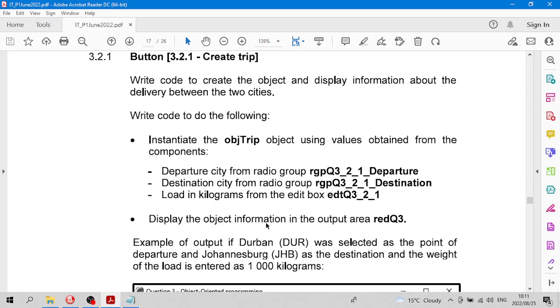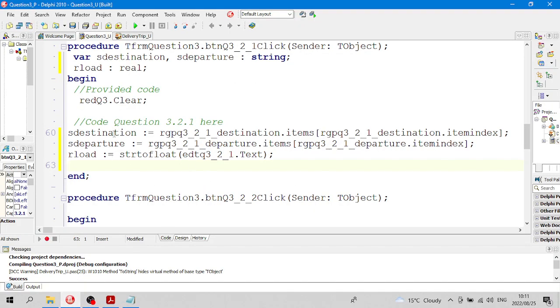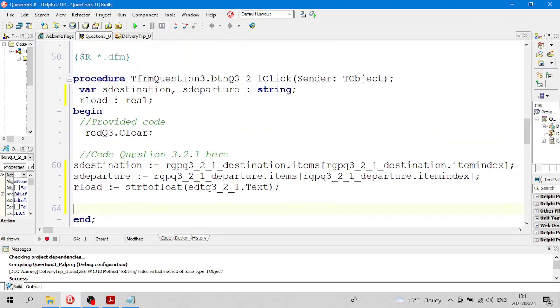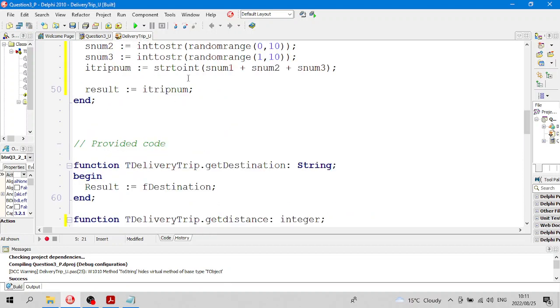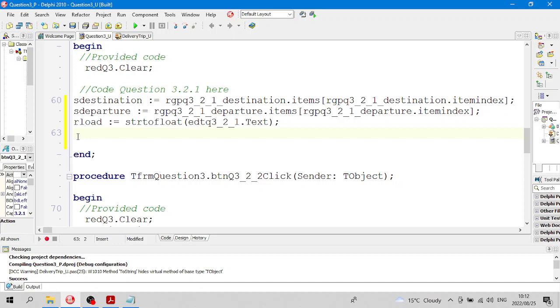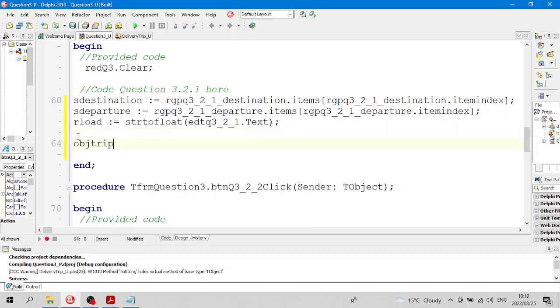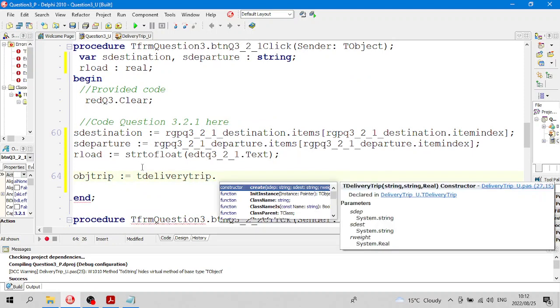Right, display the object information in the output area, RED question 3. So first of all we have to instantiate that. We've got the strings from the input boxes and the real number. So now we've got to instantiate an object called objTrip. There it is, objTrip. It belongs to that TDeliveryTrip that was defined here in this unit. Okay, so we get objTrip, and this is also something that you tend to forget. objTrip := TDeliveryTrip.Create,